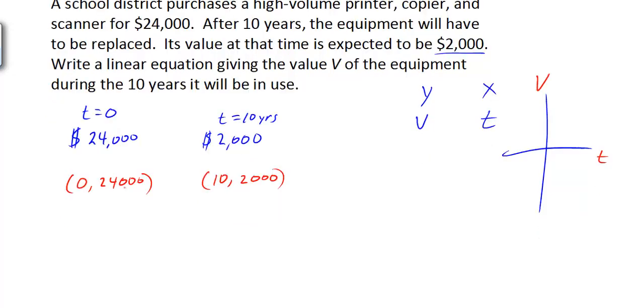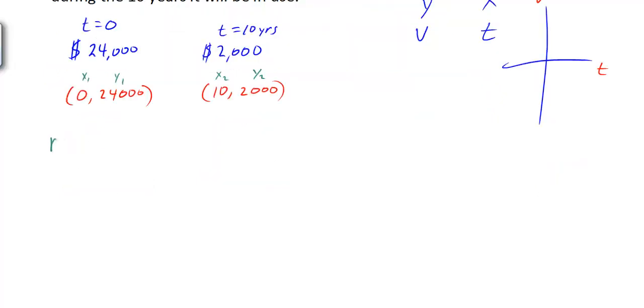Well, notice now, what do we have? We have 2 points. So if we have 2 points, don't we know how to find the equation of the line? We can think of this simply as x1, y1, x2, y2. And remember, if we want to find the equation of a line, we need to know the slope of the line, and we need to know a point on the line. If we're given 2 points here, we can easily find the slope using our formula. That's y2 minus y1, so that would be 2,000 minus y1, which is 24,000, over x2, which is 10, minus x1, which is 0. So 2,000 minus 24,000 divided by 10